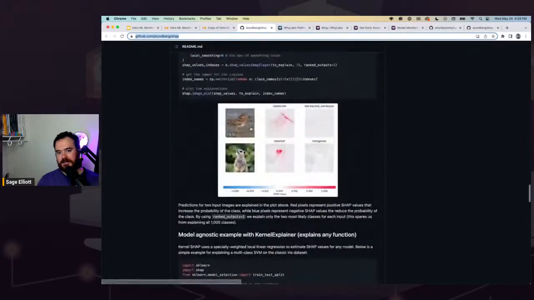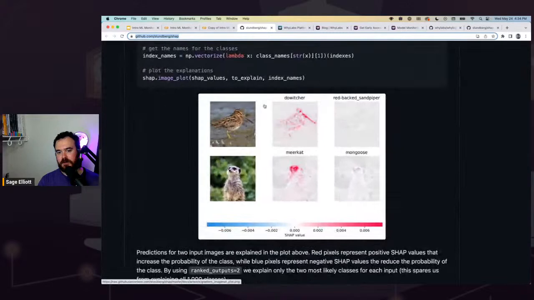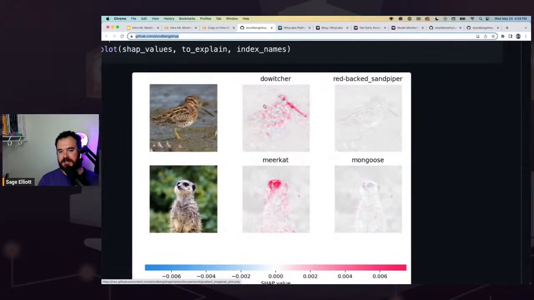I really like looking at this too. I've done a lot of computer vision stuff in the past, so I think it's really interesting seeing how computer vision models behave. This is looking at why it's making the prediction that this was a meerkat over a bird or something like that. It turns out that for this specific model, detecting if it's a meerkat, it's specifically looking around the eyes. That's unrelated to this workshop, but it's kind of interesting. In a lot of stuff I've done with animals, if you run it through an explainability algorithm, it's often looking around the eyes.